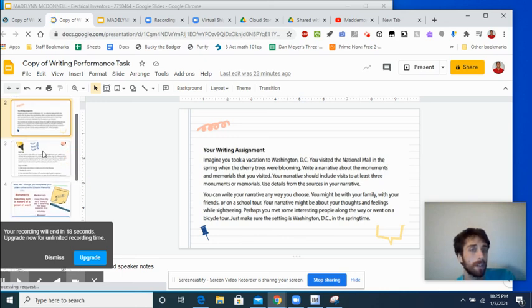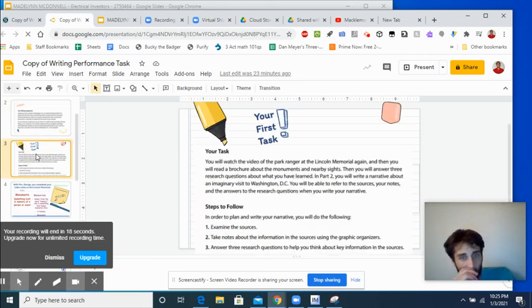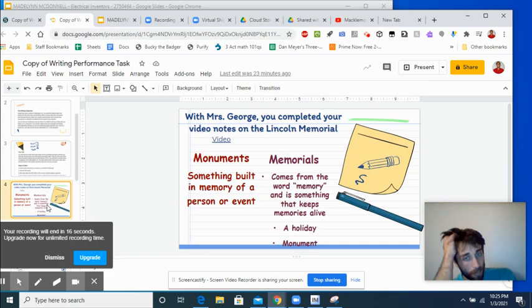So you're going to read slide 2, which is consisting of your writing assignment. Slide 3, you can also read. It's going to give you your task. And slide 4 is where you're going to start making